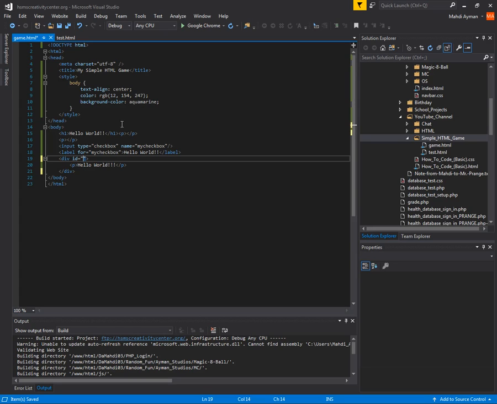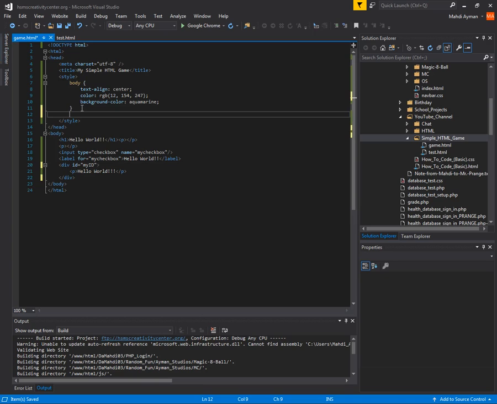So I'm going to type in ID, myID. So now what you can do is in the CSS you can create a new one of these,